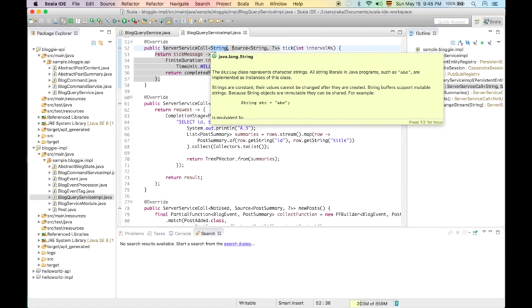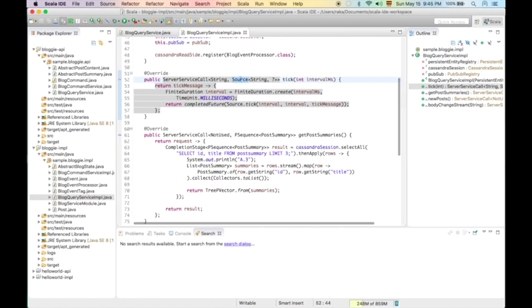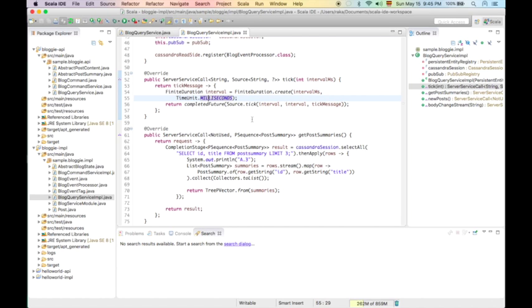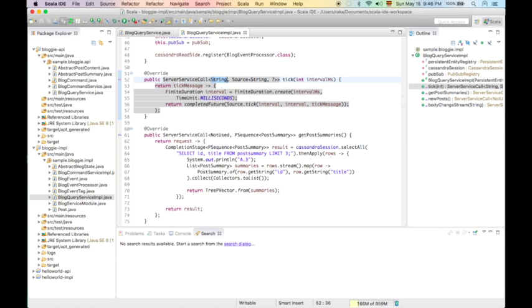It takes a string, which is the body of your request, and it returns a stream here. A stream is a Source, and it's the type of the object in the stream. In this case, it's String. What I do here is basically just start a timer that repeats every interval milliseconds, and in every interval milliseconds, it will emit this tick message, which is this one string. So the mapping here, this,